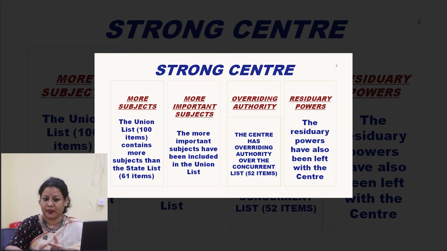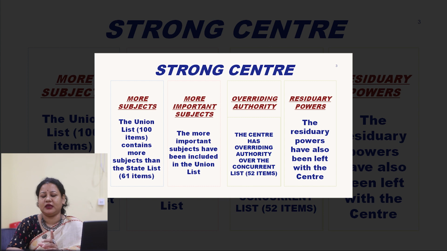Number one, the division of power, which is there in the 7th Schedule, we all know. The powers are divided according to 3 lists: union list, state list, and concurrent list, and those divisions are given in Schedule 7. So now, though powers are divided between the central government and the state government, the powers are not equally divided like in the US, Switzerland, or Canada. Okay. Why?